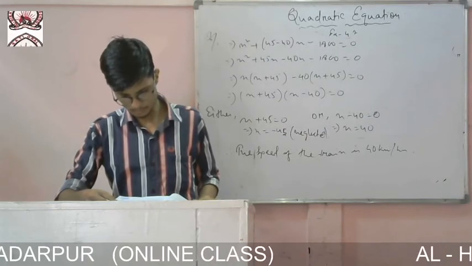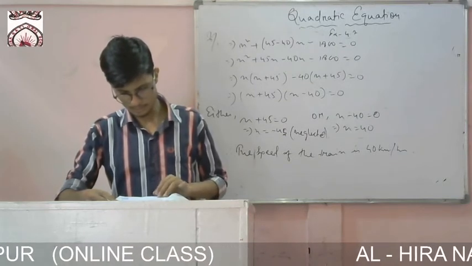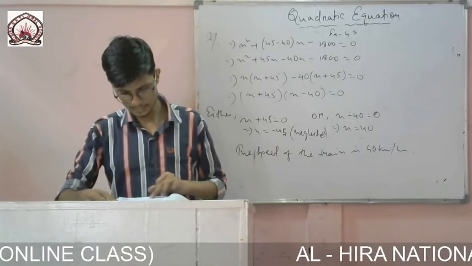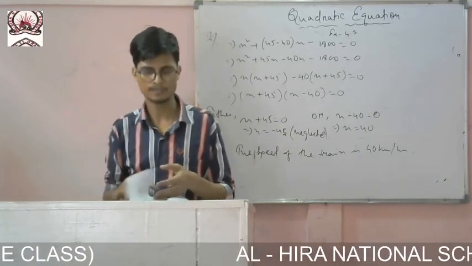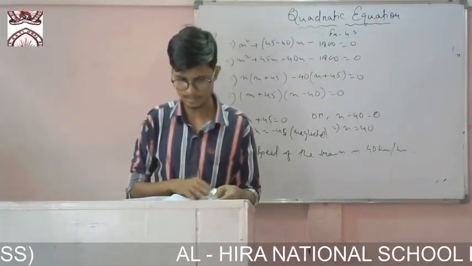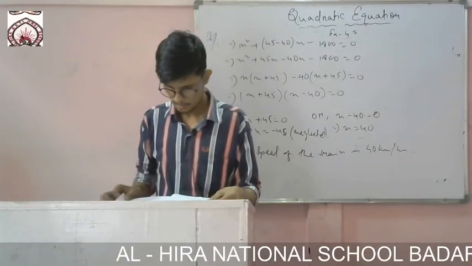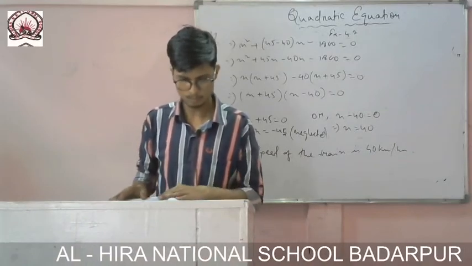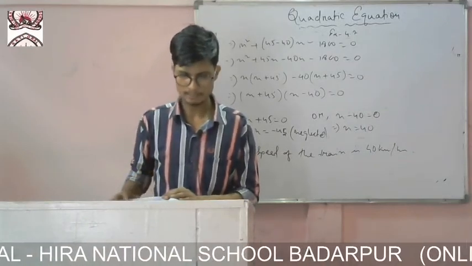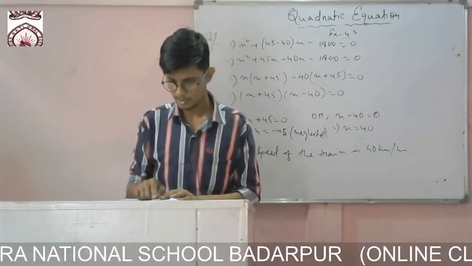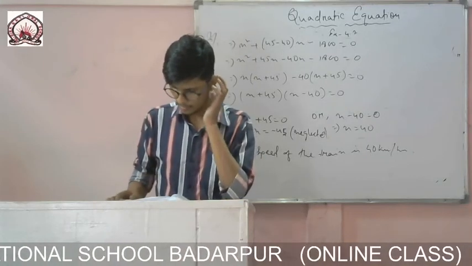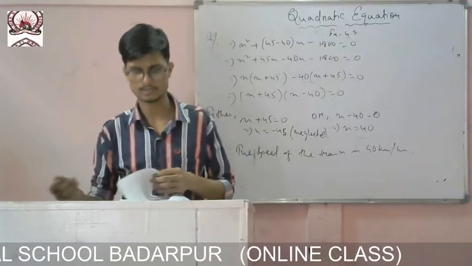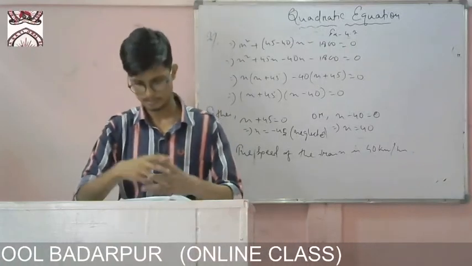For example number 12, there is a question given, something area related. First of all, try to form the equation, then solve it. Very easy. And example number 15 we will discuss tomorrow, it is a little different. Question numbers 9, 10, 11 will be in tomorrow's class and the next exercise. So for today's class this much.